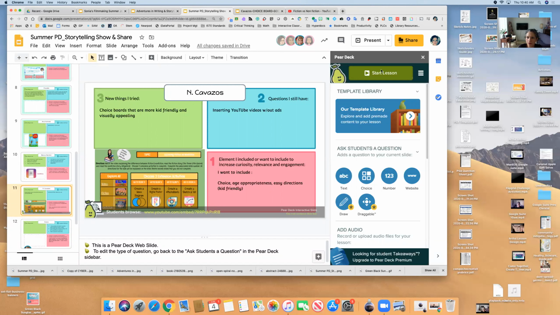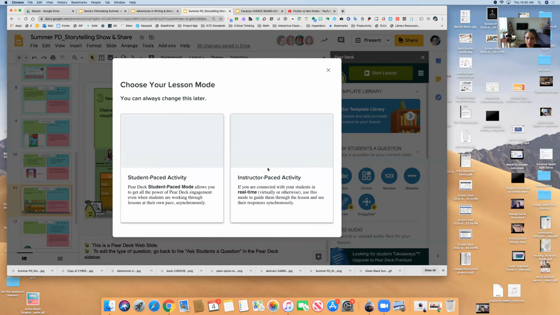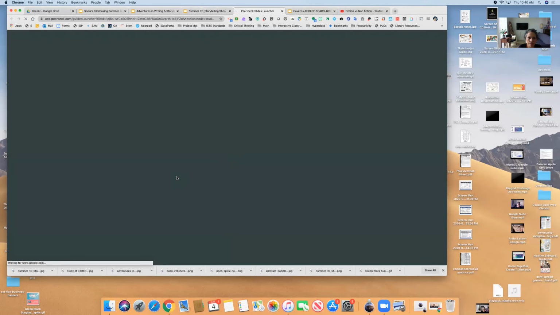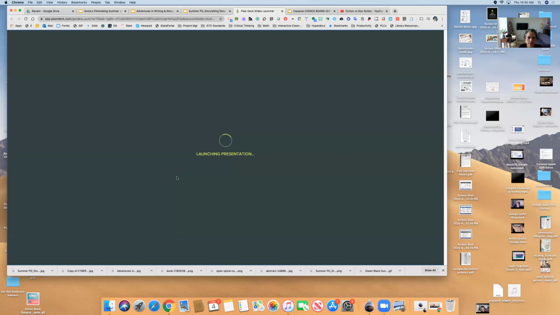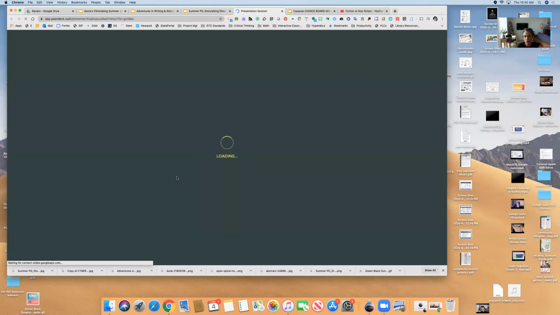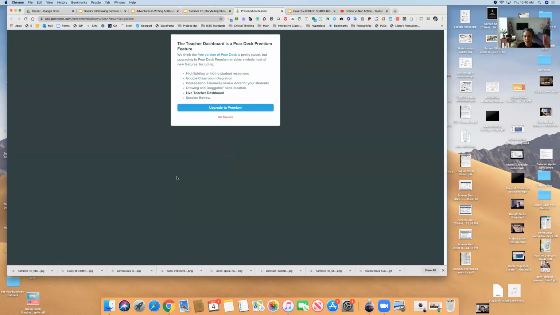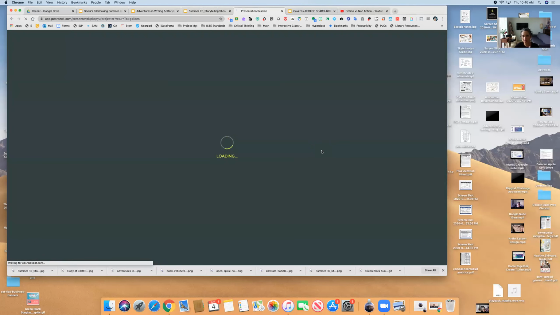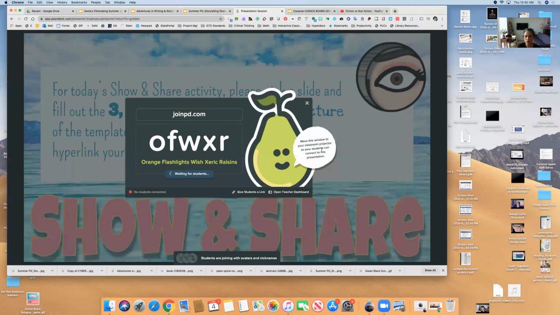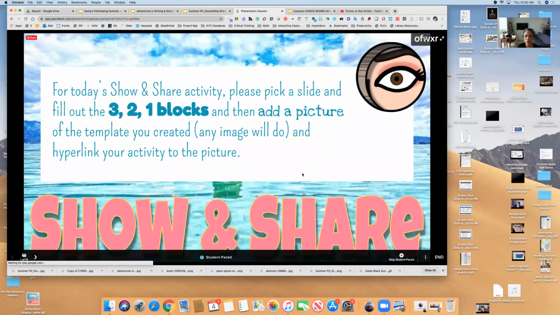But that means, if you're using Pear Deck, and for those of you who haven't used Pear Deck, you're going to have to use the student paste activity link for the Pear Deck. So if you're using that, in Nairi's case, it'll work because you're not going to have kids working inside the slides. You're going to have them make a copy of a slide, work there, and turn it in on a Padlet. For everyone else, you won't be able to use the Pear Deck if you want them to work in the slides collaboratively, like what I've been showing you.